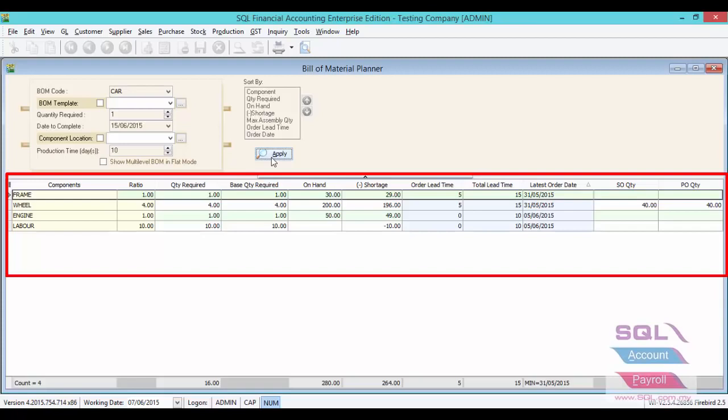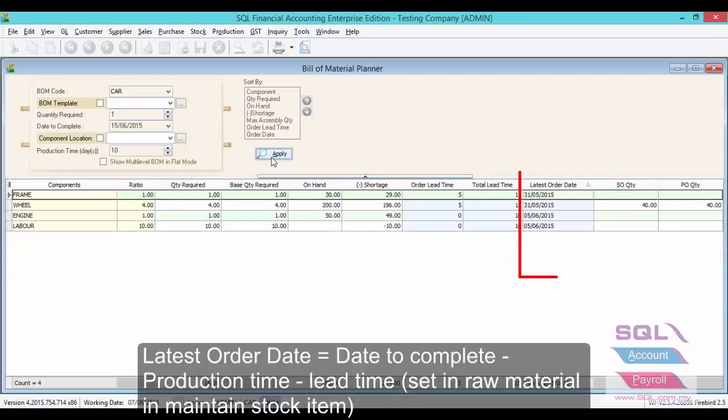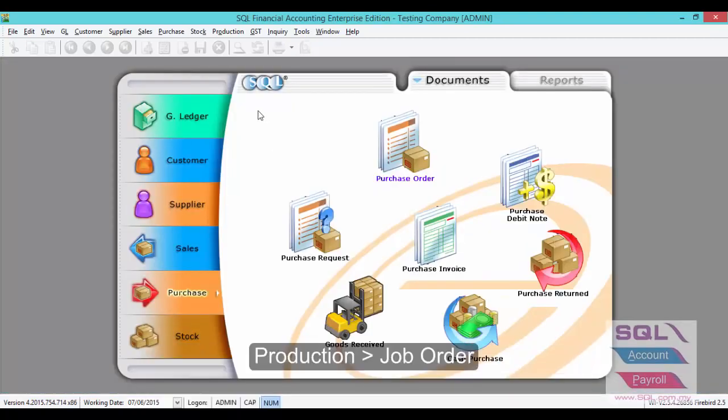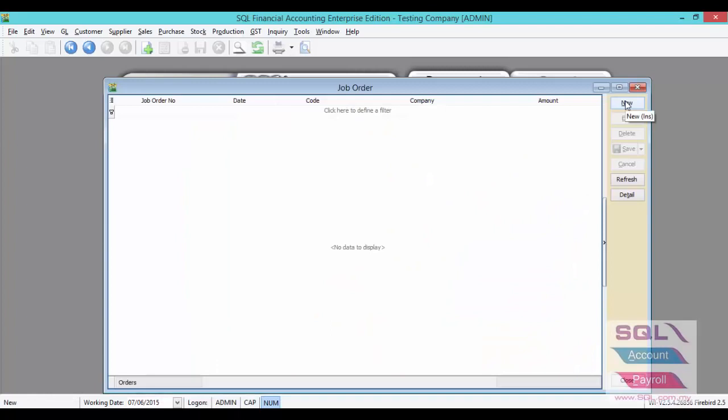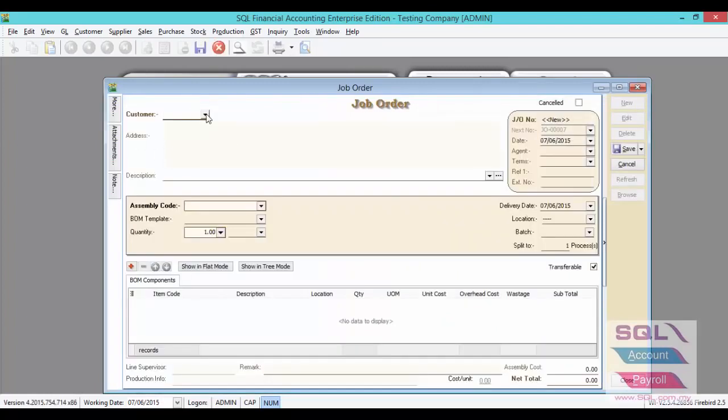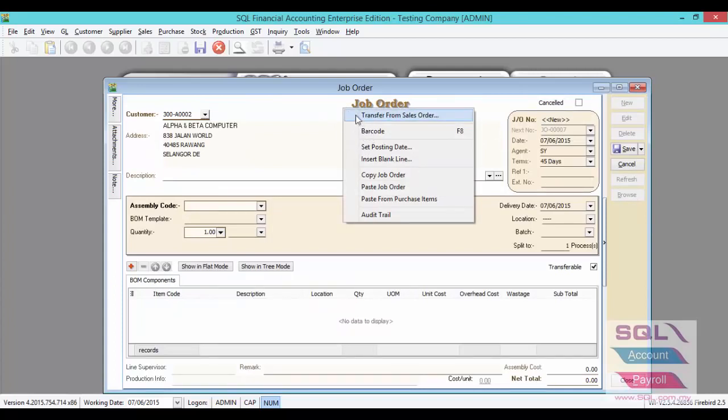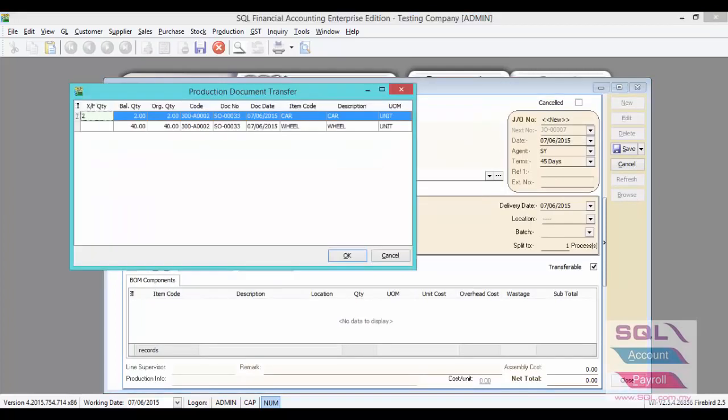You can also check the on hand quantity, shortage, and the latest order date for all the components. Now, let's proceed to job order. New. Select your customer, right click, transfer from job order. Enter the quantity for this job, click on OK,